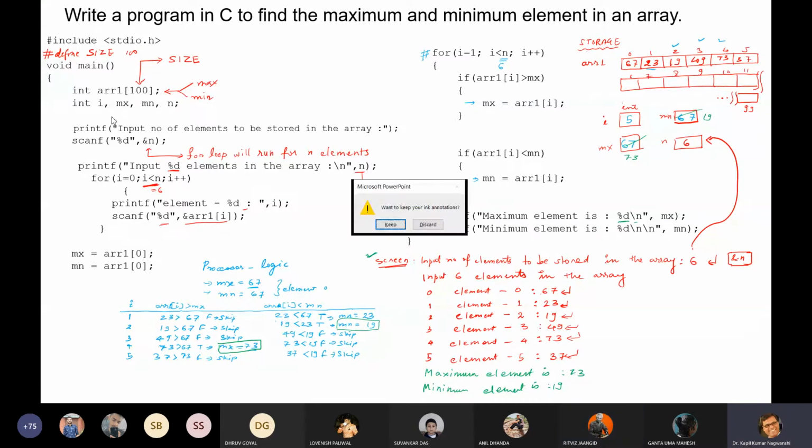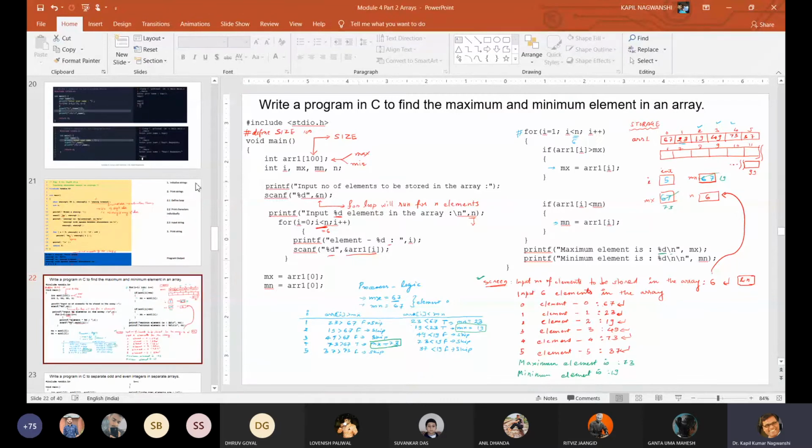So yes. Okay. So let me explain to you the debugging process with the help of this program.